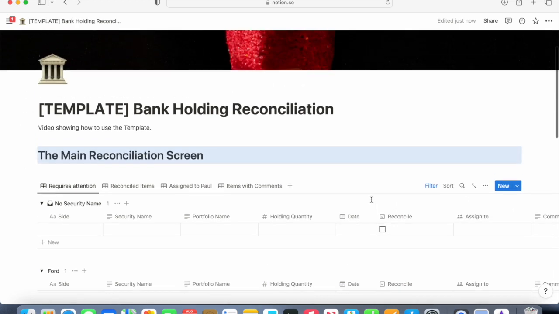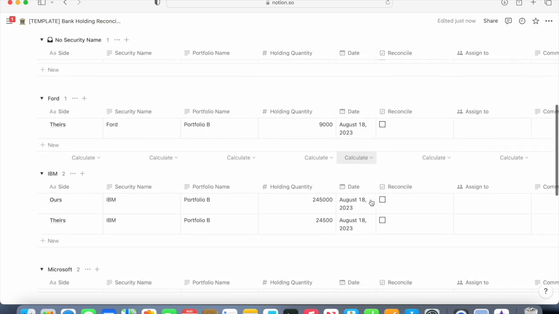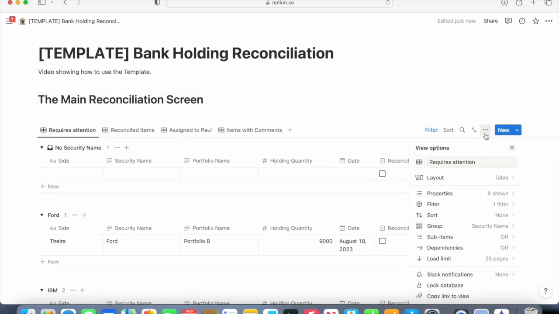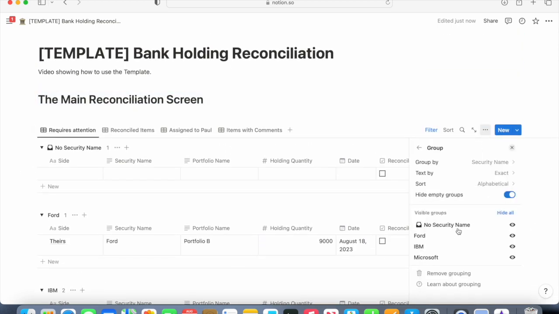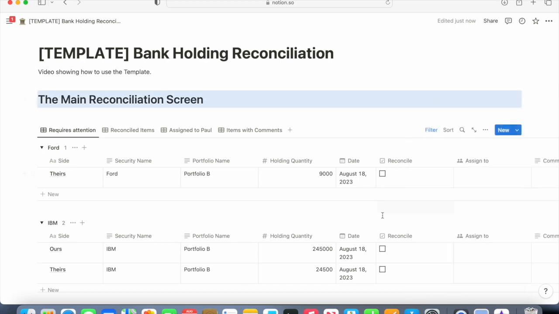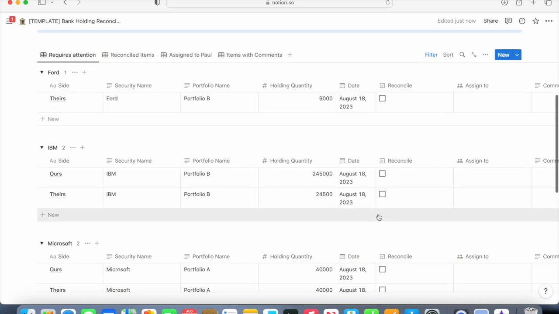Okay, so what we have here is actually that grouping that did not remove one of the groups. Okay, I'm not going to show anything with no security name in it. There we go. Okay, so if I go back to requires attention, I can see